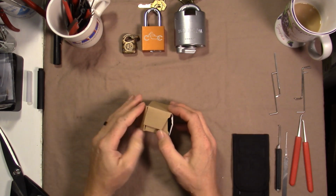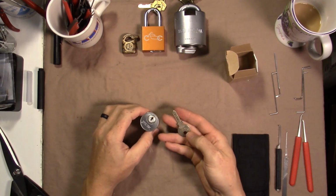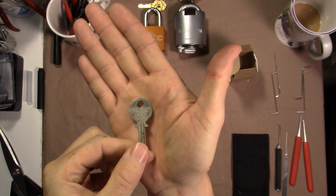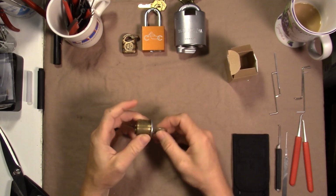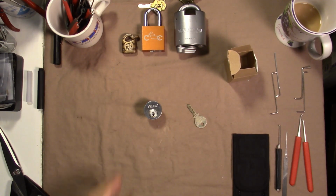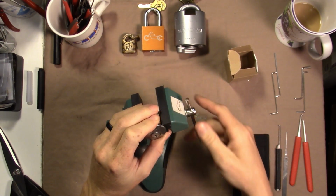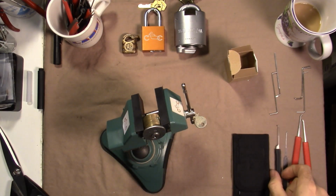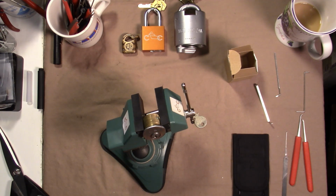KABA. I don't know if you can make that out. KABA Gemini. Oh, well, I'm going to do the same thing I always do, see what it does when I put a pick in it, but I'm not going to work on this very long today. This is more just to